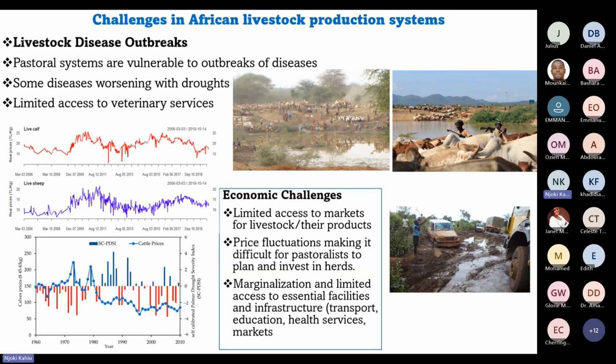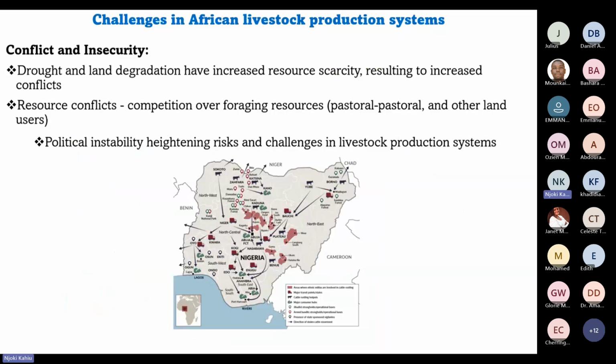And I wanted to show you some of the challenges. I think this was taken someplace in Congo, where there was precipitation, but people could not drive their produce from the farms, and cars were stuck on the road because of flooding and poor road network. We also see that some of the climate variability and land degradation have led to increased